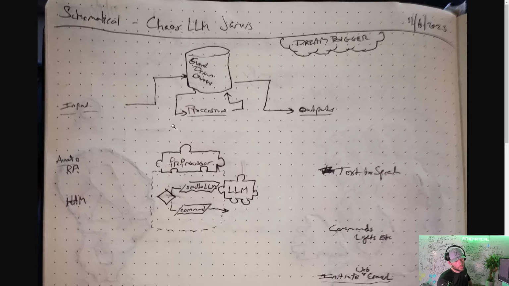And that queue would then be listened to by a preprocessor of some type that would say, is this a command, like a command to turn on the lights, or is it just something you want to send up to the LLM to have a basic conversation, like a query or something like that? We could do a query command, say, Jarvis, LLM, write me a poem, something like that. If it's a command, you'd go off and fire off the command, like turn on the lights or initiate a crawl if I'm crazy enough to wire that in. I am considering making it so it can query the web in real time, but ideally not launch attacks or anything like that. Fingers crossed.